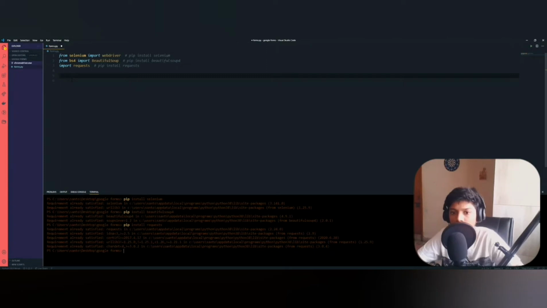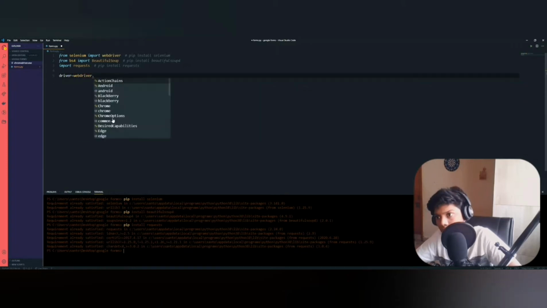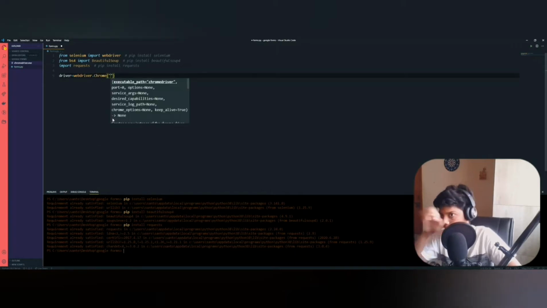So now we have to initialize the Chrome driver. For that you need to create a variable called driver, and you can give the path of your Chrome driver.